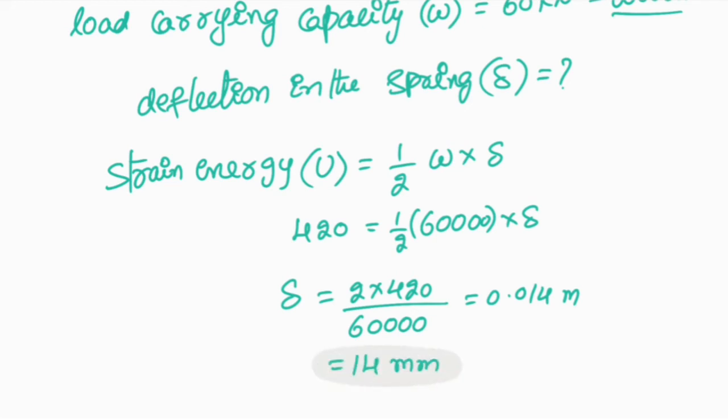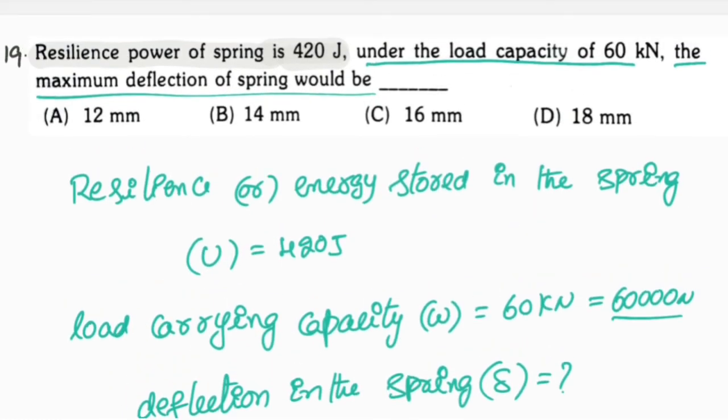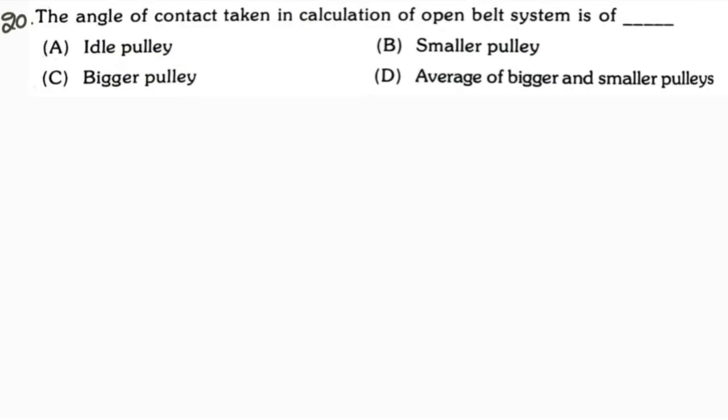Now look at the options. Option B is absolutely correct. This kind of problem is also frequently asked. You try to practice this kind of problem more times, right? These are the most expected problems. I can say 5-star problems. 5-star problems means the most expected problems in competitive exams. Let us take another problem. Look at the 20th problem.